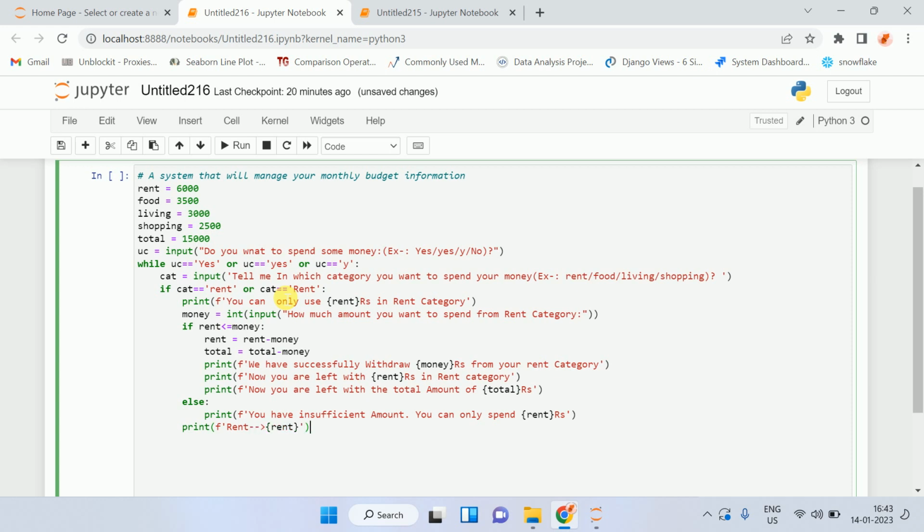He has this rent amount. Okay, for food, he has this food category. For living, he has this living variable here. And total,